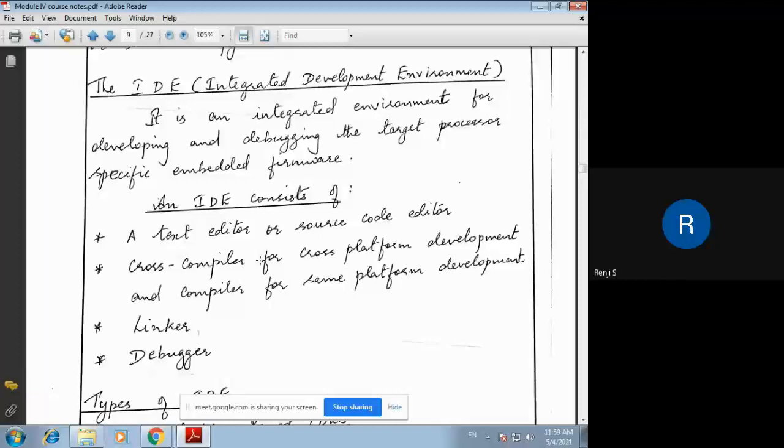So when we come to embedded systems, we have to use the IDE corresponding to the target processor for which we are going to develop the embedded firmware. Only those IDEs corresponding to the processor will support the firmware that we are writing. The software programs that we write into the IDE depend on the target processor that we are going to program.